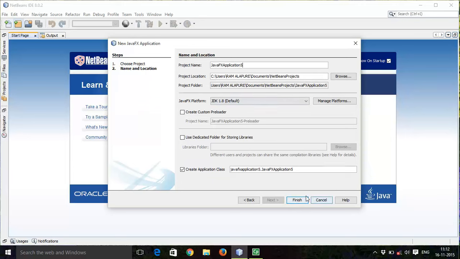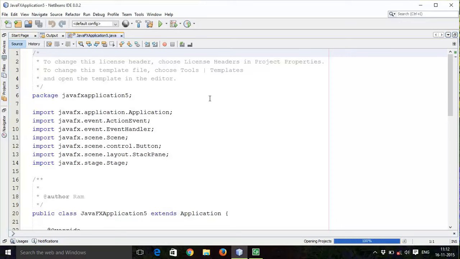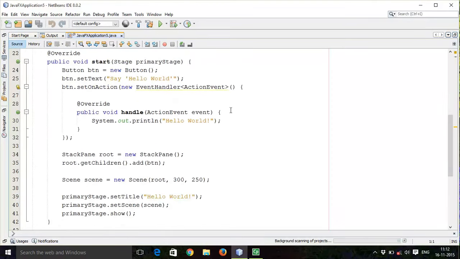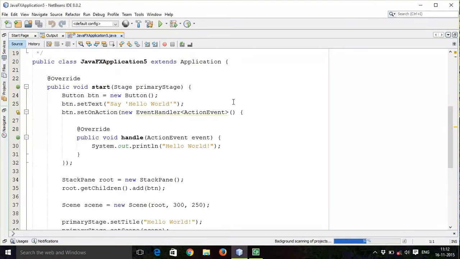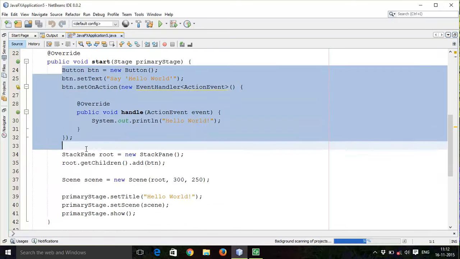Create application class and finish. So this is our inbuilt program with some button action.